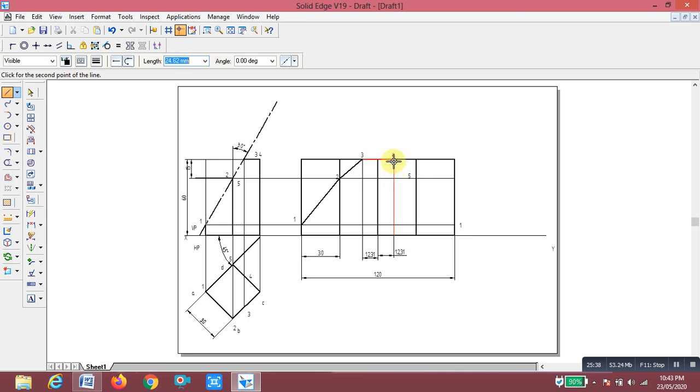Okay, this portion we are going to make bold, the remaining is very thin line, right?